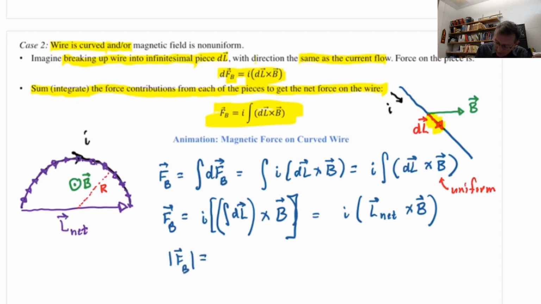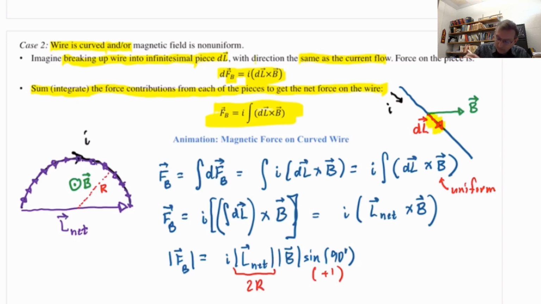And so now I just have a regular cross product. So its magnitude will be I times the magnitude of L net times the magnitude of B times the sine of the angle between L net and B. That's 90 degrees. And the sine of 90 is +1. And the magnitude of L net is 2 times the radius in this particular application. So the result I get for the magnitude of F net is 2IRB,